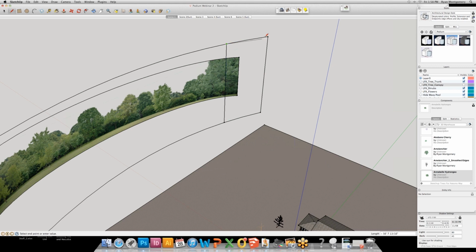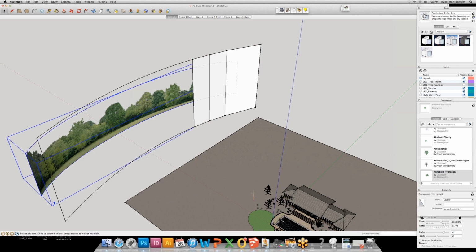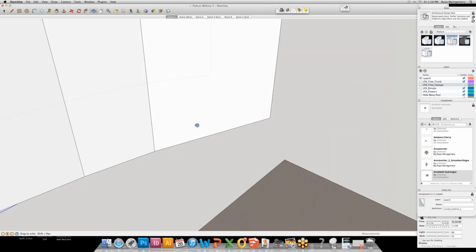Come on, why isn't this making a face? There we go. So basically, you build your curved surface like this,